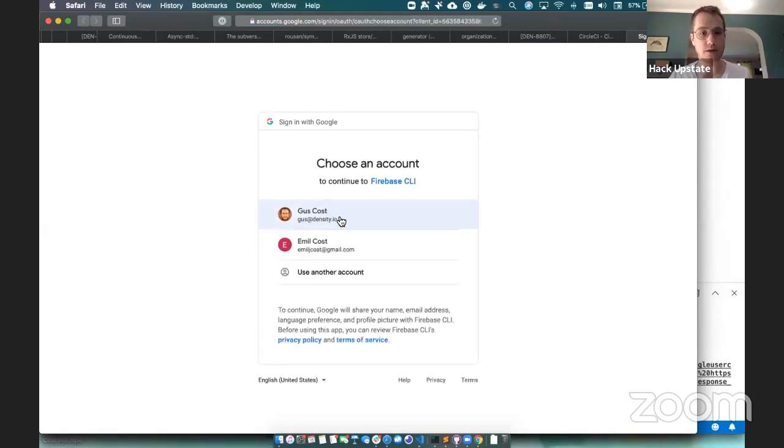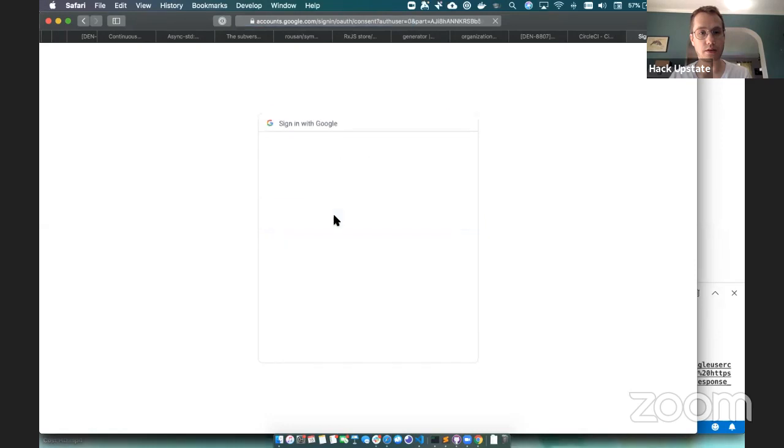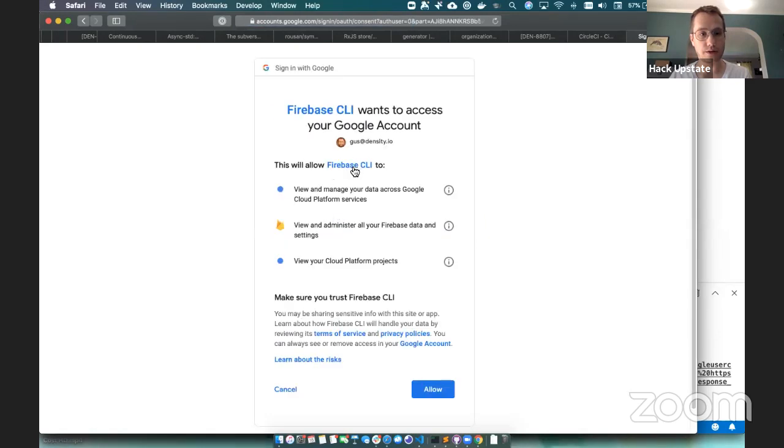Okay, so I have to log in with OAuth. This will allow Firebase CLI to view and manage your data. Yeah, I'm pretty sure it's going to have to do that. I think I trust Firebase CLI. It is actually owned by Google, so,